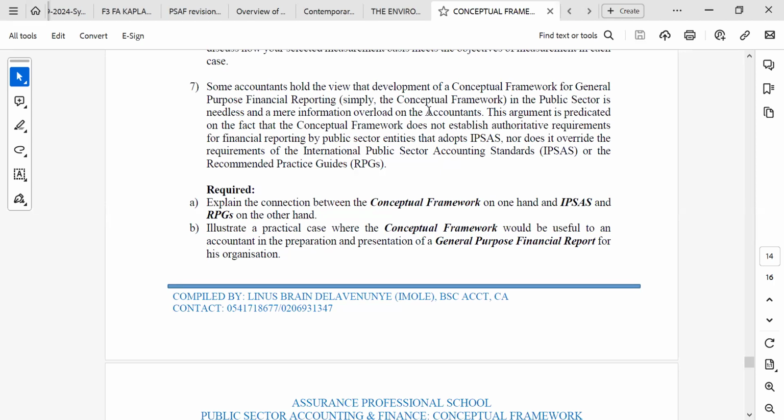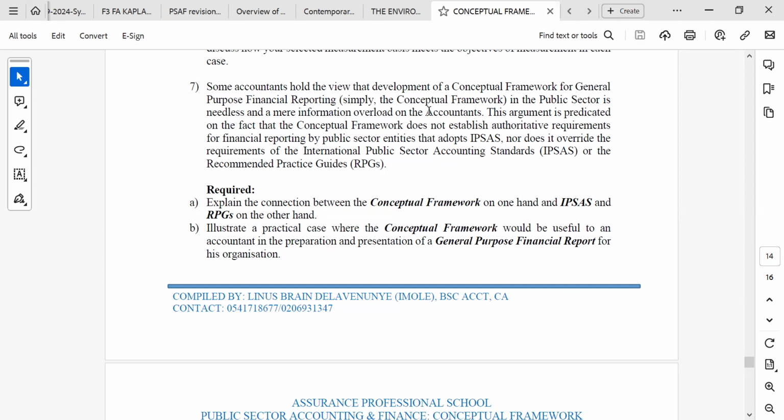I have a question. With the previous question and the explanation that the conceptual framework establishes concepts that underpin reporting entities that use IPSAS, basically accruals, right? Does it mean there are some IPSAS that don't tackle accruals but tackle cash basis? No, please. So all IPSAS is accruals. Yes, all IPSAS